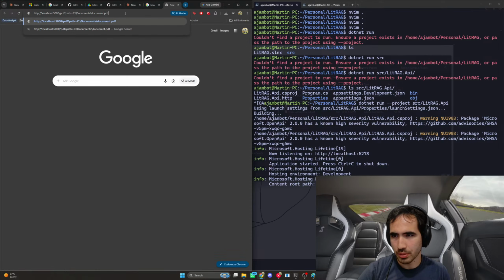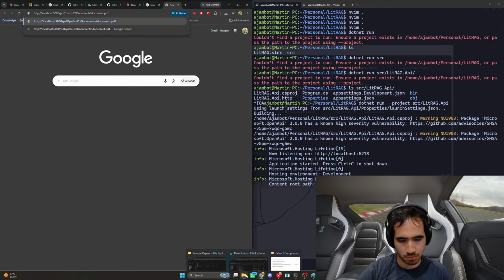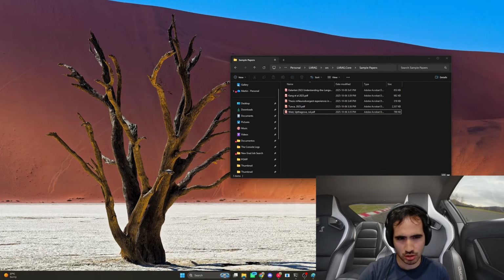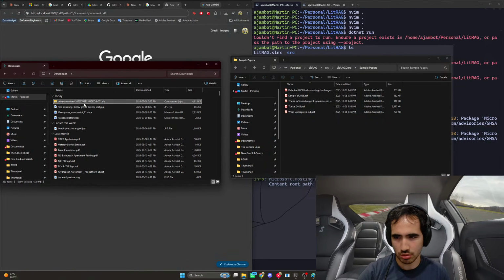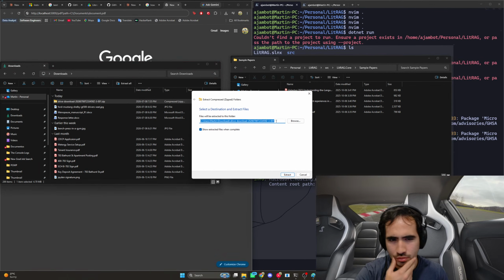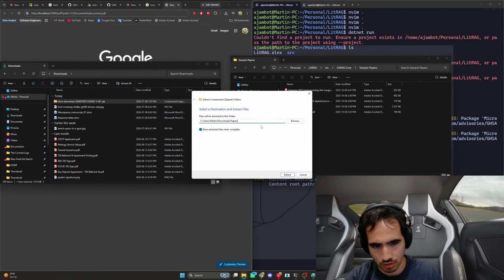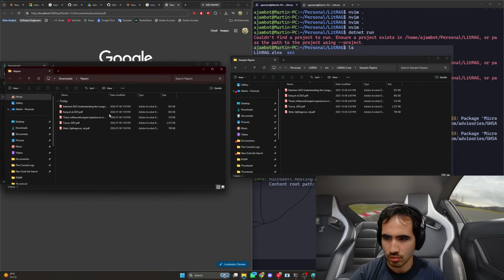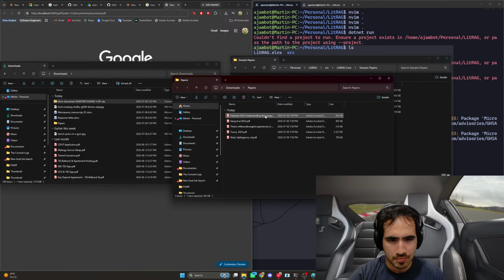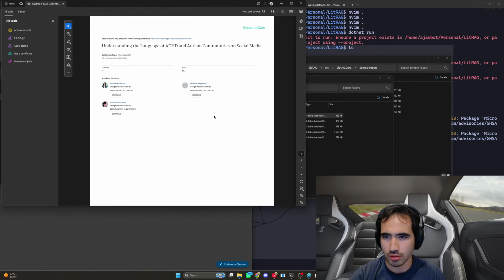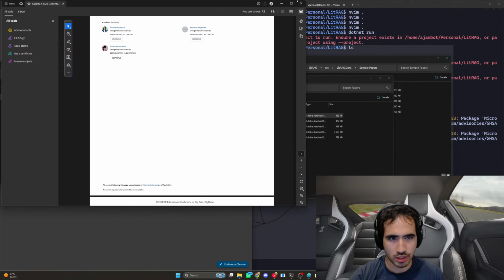So we're gonna pass it the path, and so I guess the path. I have it in my downloads, don't I? Okay, let's have it in my downloads. And so we're gonna call it papers. And then let's copy. How many pages does this have? It has 9 pages. Okay.